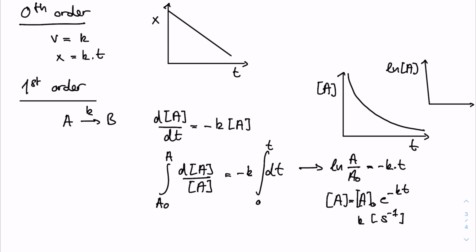What will we get? We will get a straight line where the slope is minus k. Okay, so you'll see that especially in the beginning of the field of kinetics, people were many times plotting their concentrations on logarithmic paper and then using a ruler to actually fit the slope of this